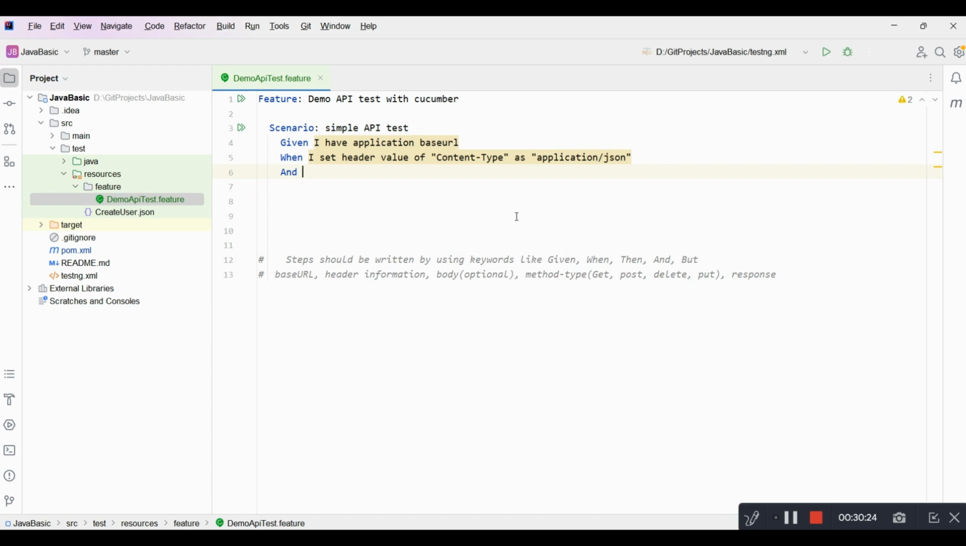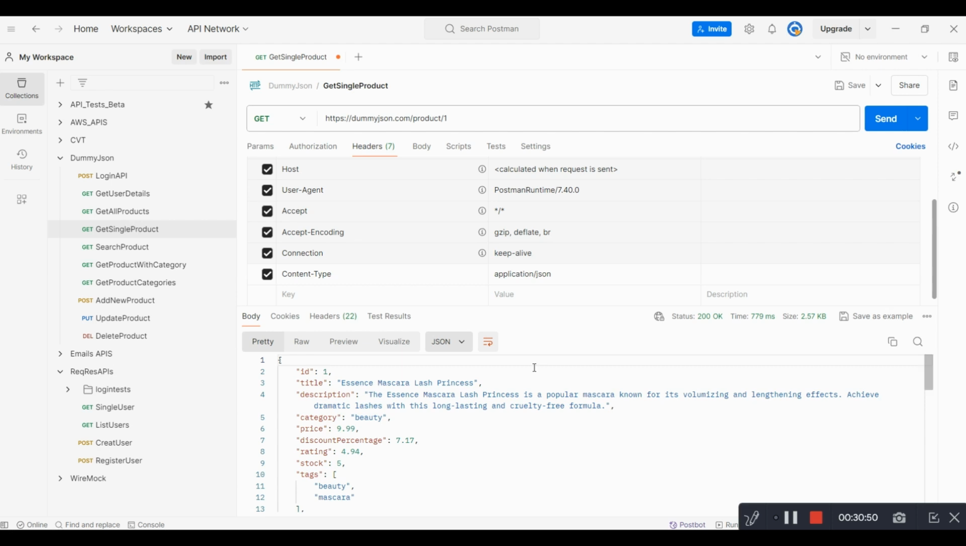Now let me do this same thing over here. So in my IntelliJ tool also, what I can say, and after that the continuation of performing something. So I have used the And keyword. What I can say is I hit the GET request, right? So this is something after setting up this information. You have done with the base URL, and you've done with the